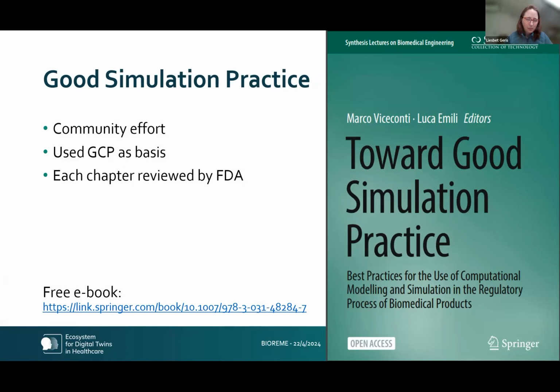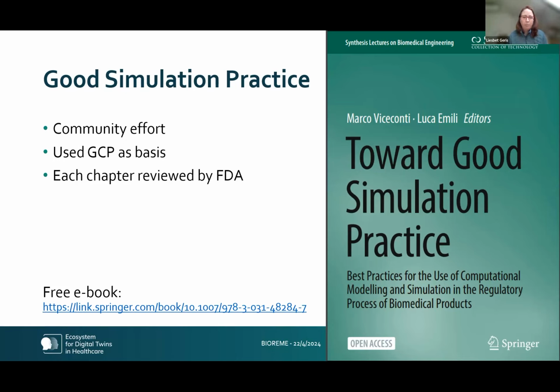And then a final bit before I go to Edith is the good simulation practice, because part of trust, of course, is seeing how it works in your hands, but also having some objective measure of credibility of the models. Peter already referred to reproducibility and mentioning that because it was reproducible might not make it usable. You have here an additional element to show credibility, and that is doing verification and validation. And as a community, we wanted to make sure that this would lift the bar, that we would increase the quality across the entire ecosystem.